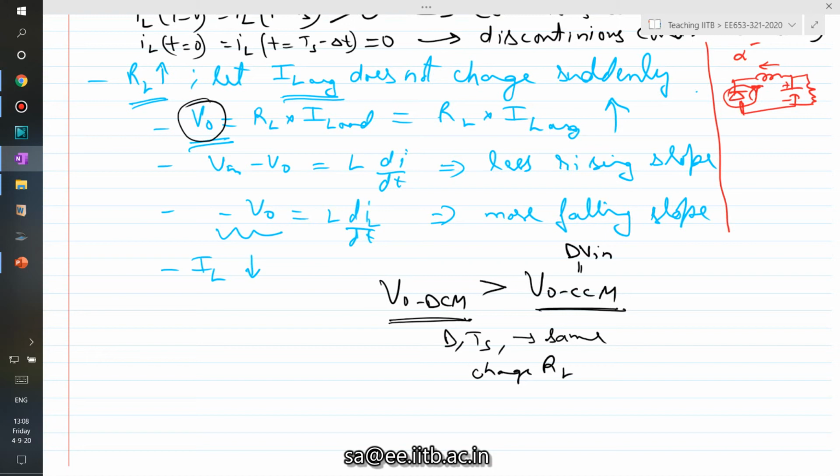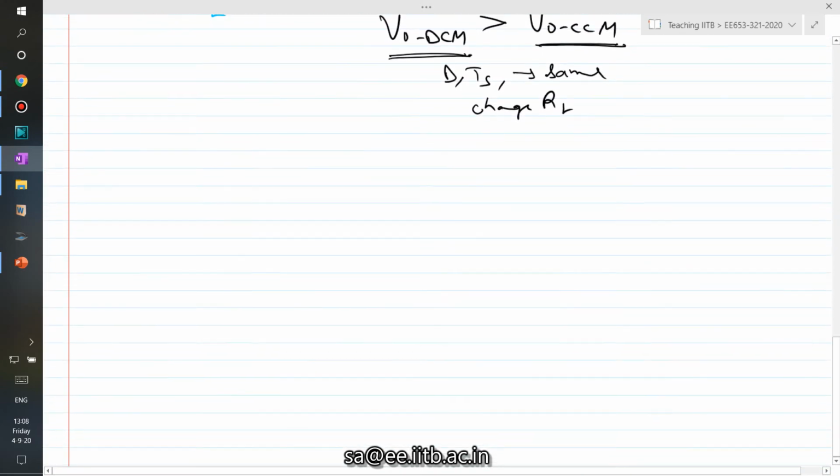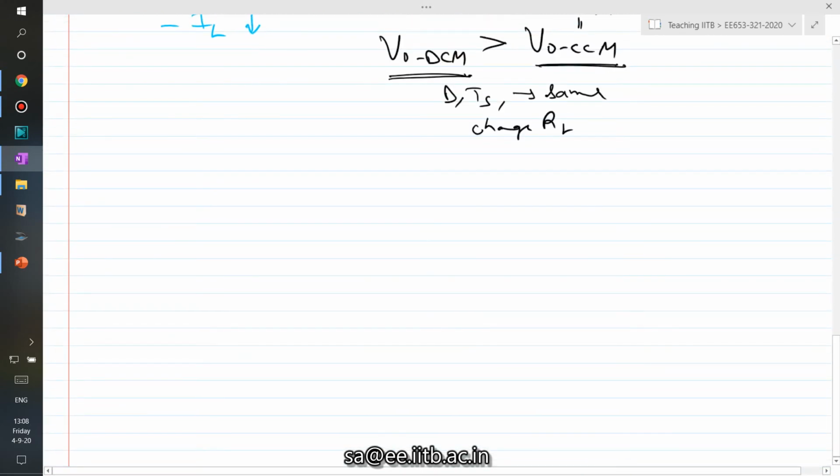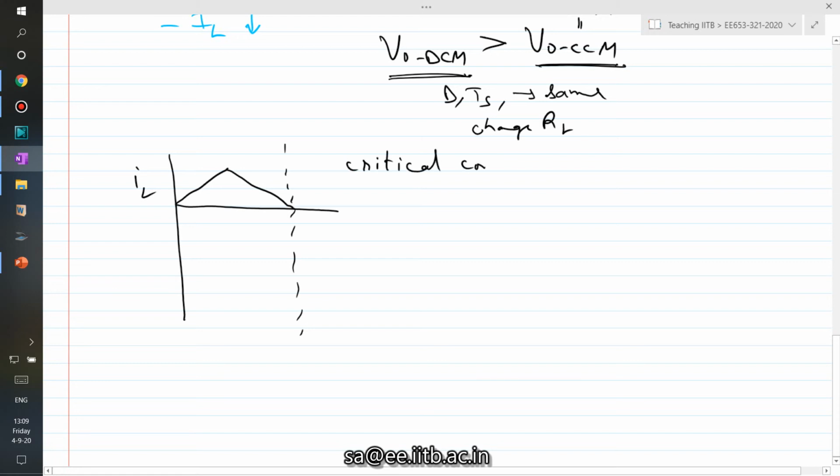Okay, now how would I know if my circuit is operating in CCM or in DCM, right? How can I find out if it is operating in CCM versus DCM? How to determine whether my circuit is in DCM or CCM? So if you see the waveform of inductor current, this was the inductor current waveform for the critical conduction mode. So what we'll do is, for this critical conduction mode, we will try to find out what the load resistance is at this critical conduction mode,